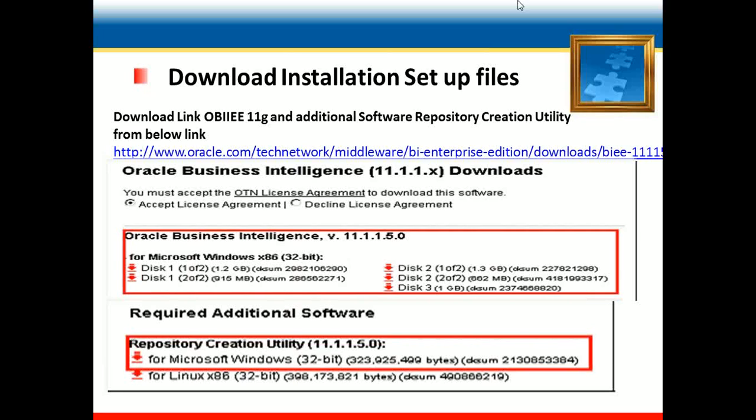So we can download like this, and I have mentioned some screens for it, and we just have to accept the license agreement and we can download from the Oracle site.